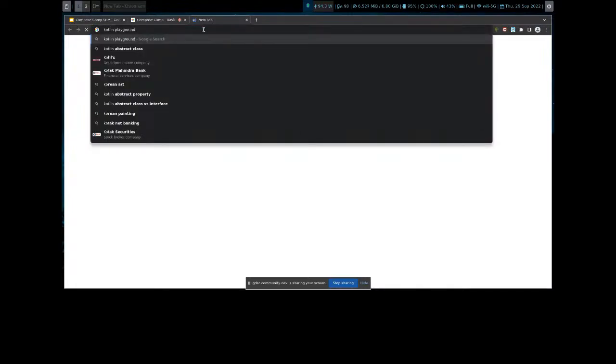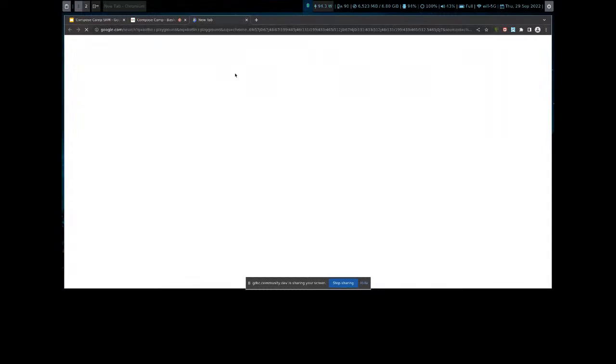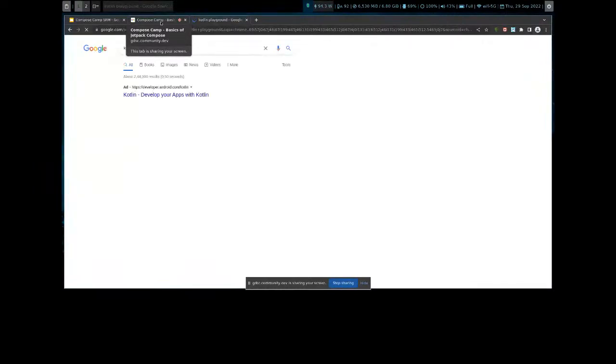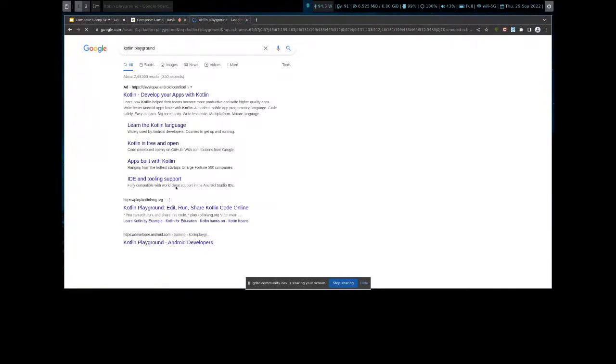there's a website called Kotlin Playground. The app is still being built. So as you can see, there is a website called Kotlin Playground.